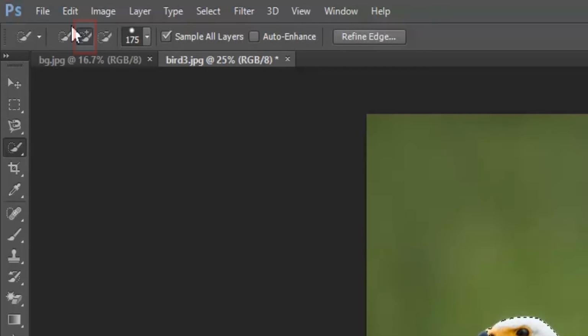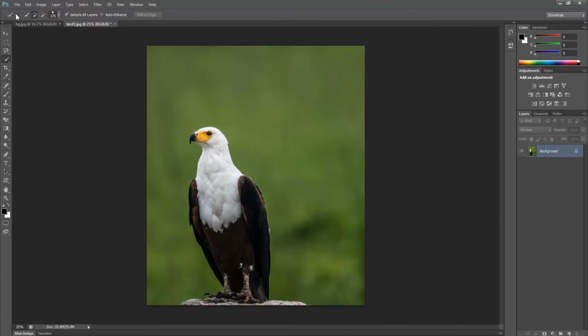This is because once you start making the selection and when you move your cursor across the object, it starts adding the pixels to the selection. This is the reason why the tool automatically switches to the Add to Selection.